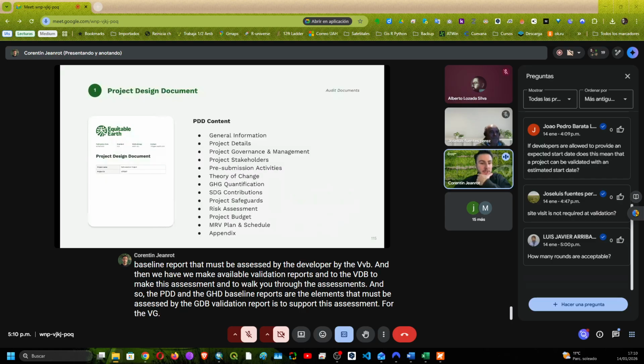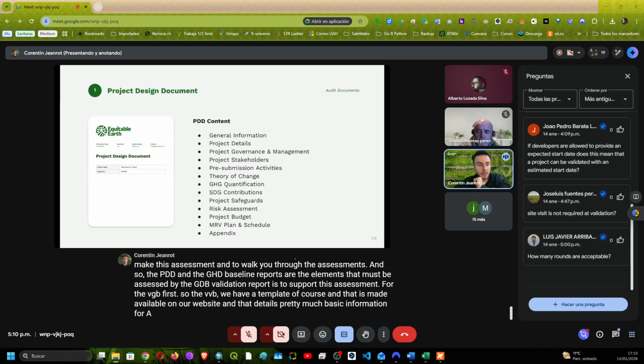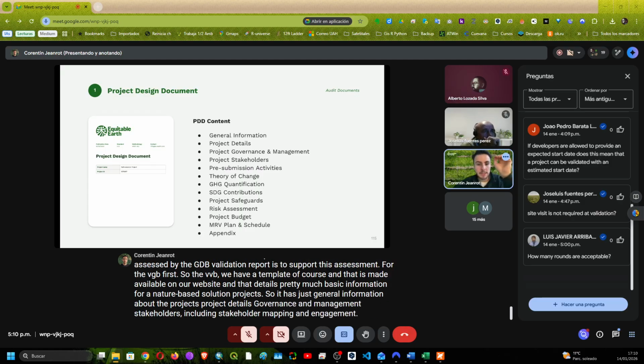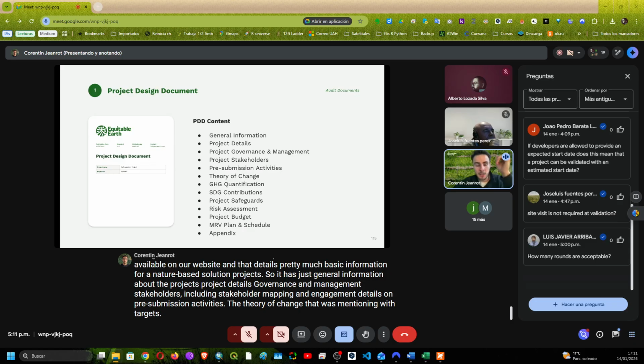For the VVB first, we have a template, of course, that is made available on our website, and that details pretty much basic information for a nature-based solution project. So it has just general information about the project details, governance and management, stakeholders, including stakeholder mapping and engagement, details on pre-submission activities, the theory of change that I was mentioning, with targets, outcomes and objectives, as well as